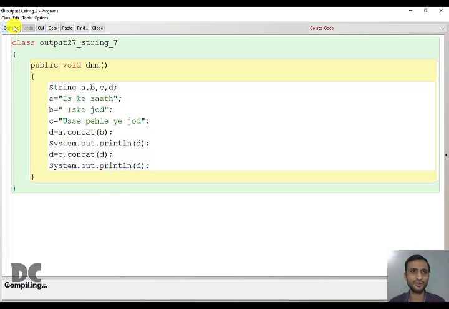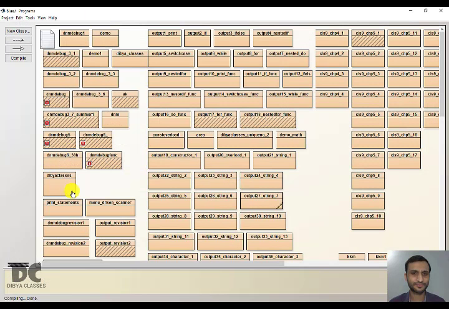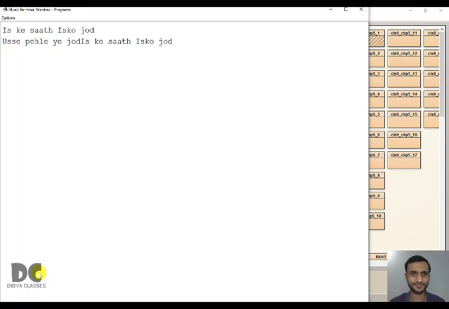Let us see how it looks. This was a very easy question. It is just joining of strings. See, the first print was the first joined string. The second was the longer joined string. Here you can see there is no space between the words. But here there is a space because a space was given in the string. But here space was not given.